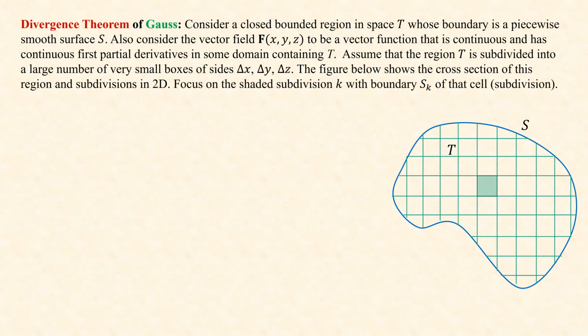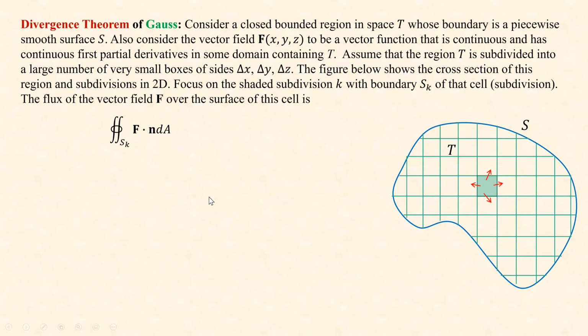Focus on the shaded subdivision K with boundary SK. So we call that subdivision K. It has a boundary SK. It's like a cube of that cell. And then the flux of the vector field F over the surface of this cell is what? This is the vector field, let's say, and it passes through the faces of this cell. And the flux going out is written as F dot n dA, a double integral over the